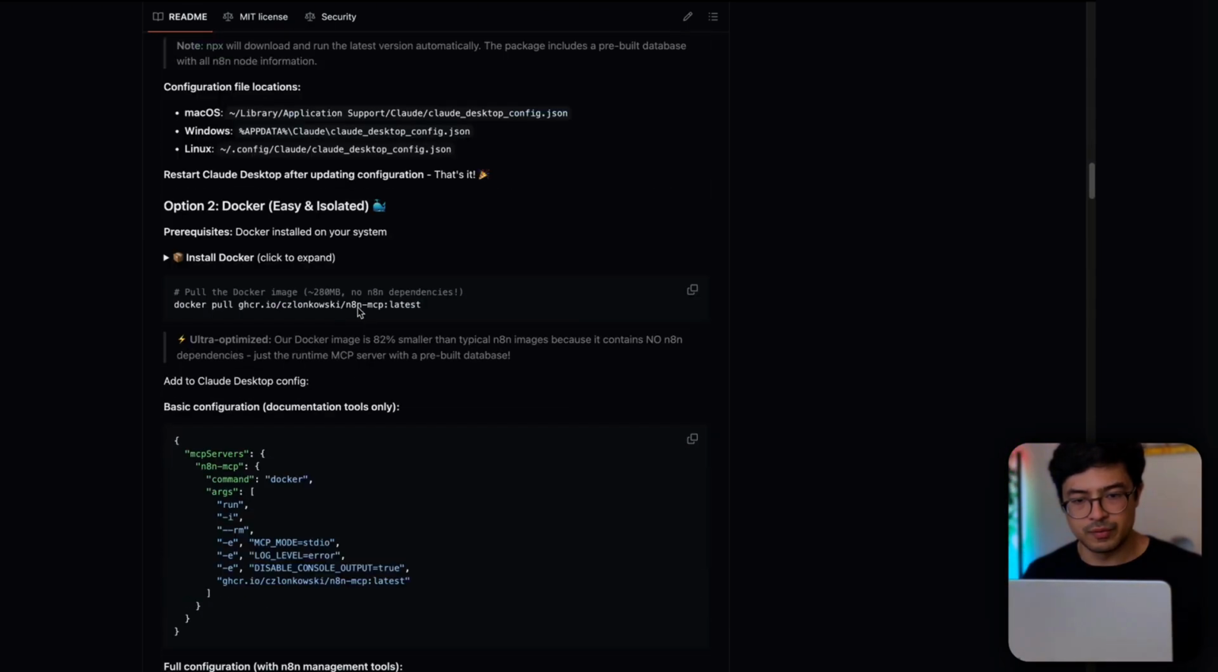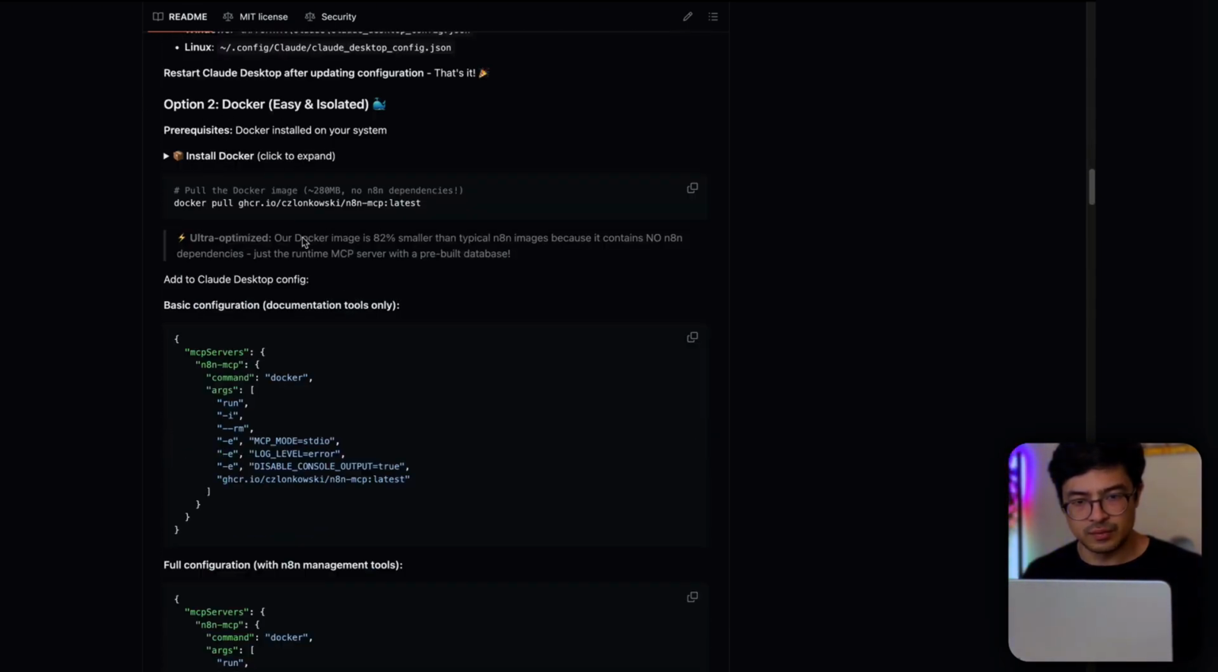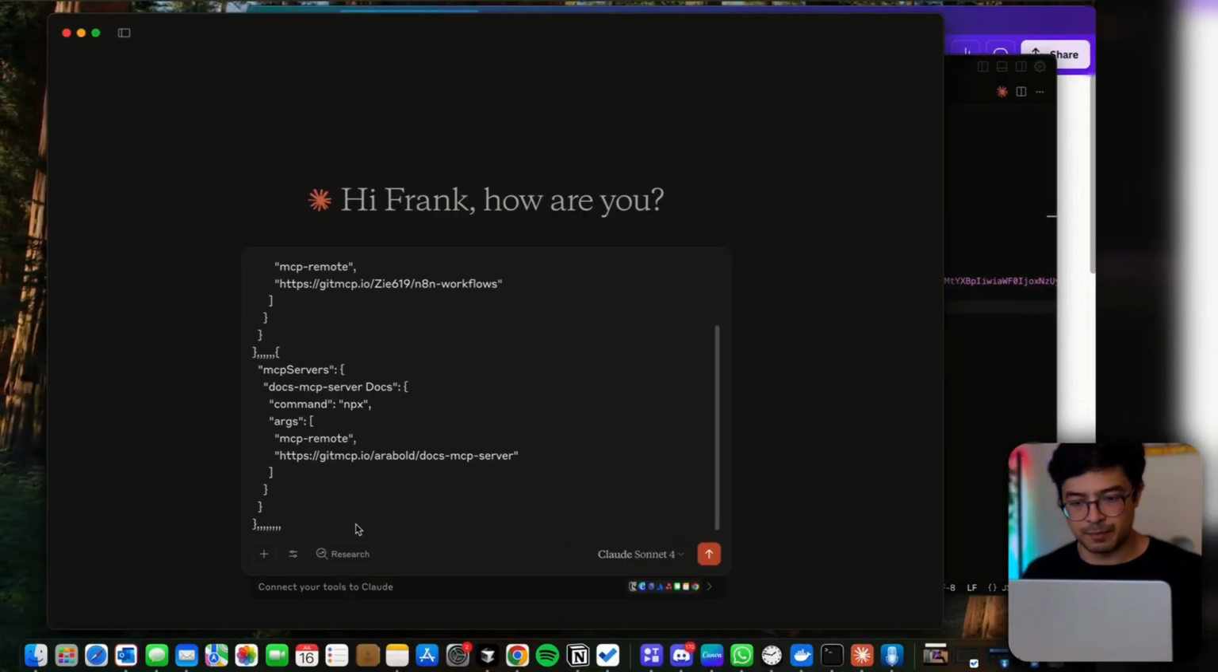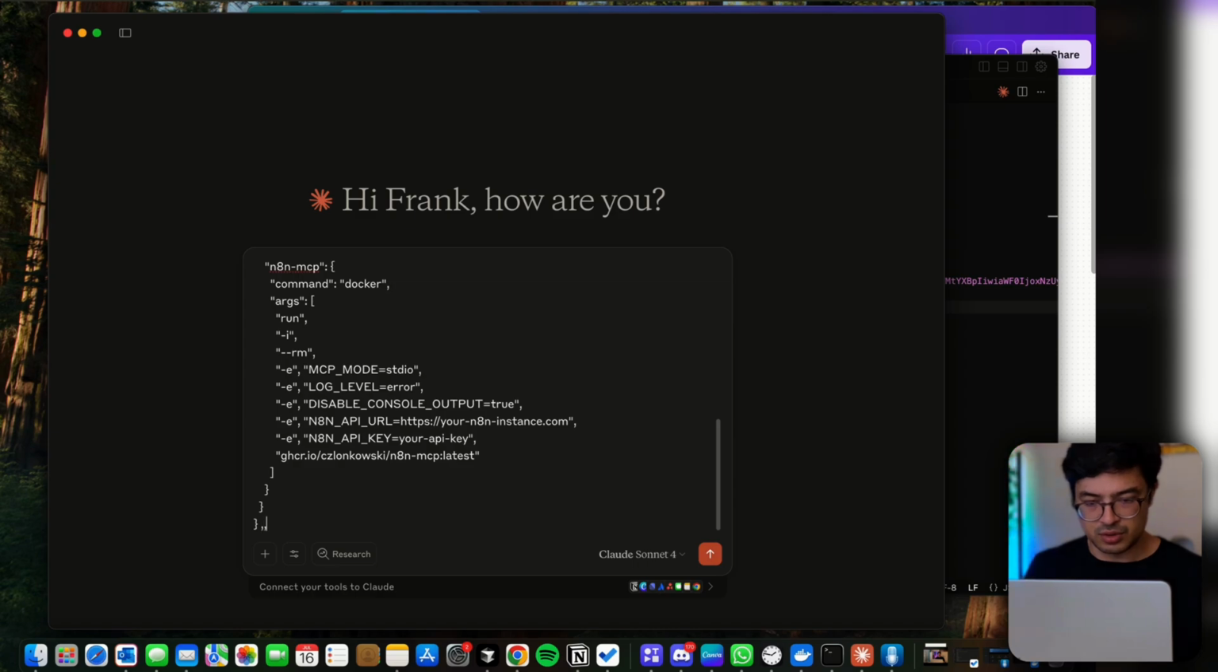Okay, not the option 1, go to option 2. Okay, Docker, and you're going to go onto the full configuration. So the second one, copy that, paste that over here, and you're going to add another separator. Okay, and you're going to say for the last MCP server, my n8n API URL is